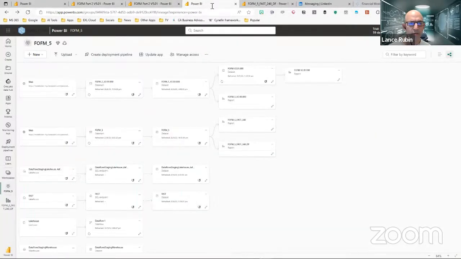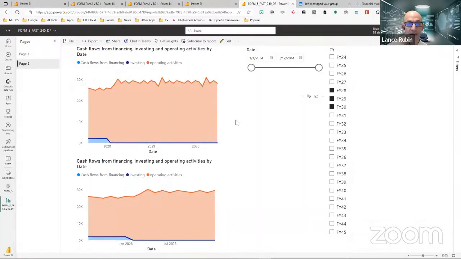If I go back to this one, this is now the file that Craig was showing. So the FAST model, this is 240 periods. And what I've done is I've taken, there were 2 models. I think, Craig, originally the model you worked on only had a certain number of periods.